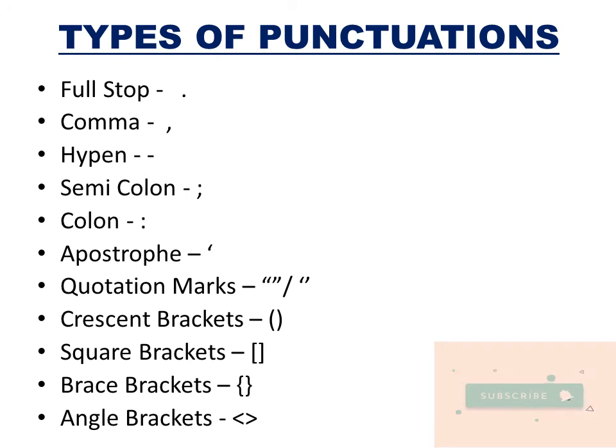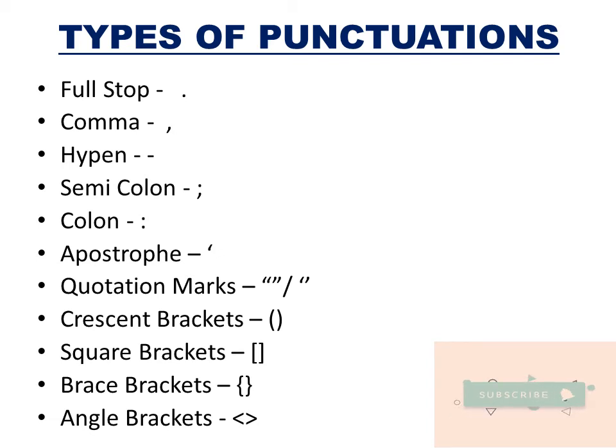Moving forward to the types of punctuations. The first is full stop. Full stop, as we all know, is used to end a sentence. When a sentence ends, we put a full stop. Then comes comma. Comma is used normally for the dependent words, for the dependent sentences. When one word is linked to the other and we want to differentiate them, we put a comma. Or the sentences are dependent and we separate them by a comma. Hyphen is used at various places. It could be between prefixes, suffixes, so it could be used at different places.